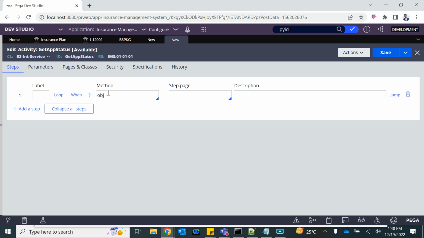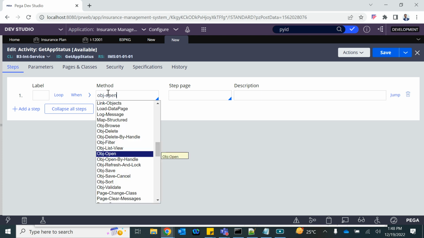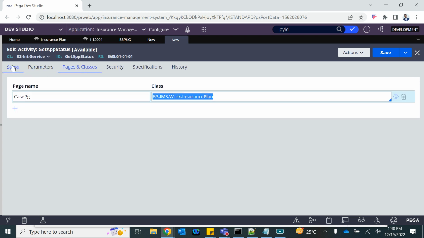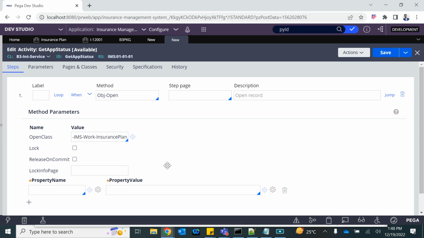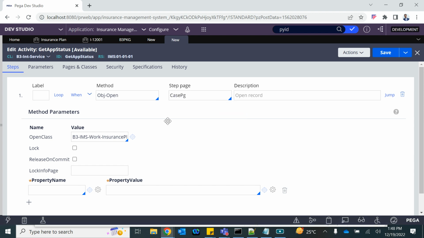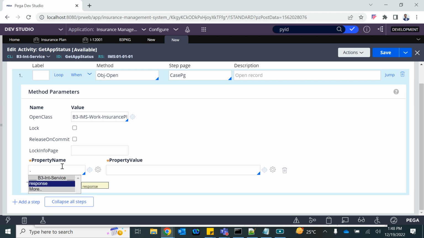So Obj-Open will open the case. We don't need to lock, we are not updating anything. Then we will have to provide the step page here, case page, and the property is pyID equal to the primary pyID from this integration class. This will open it,